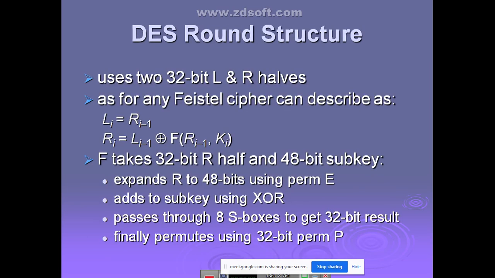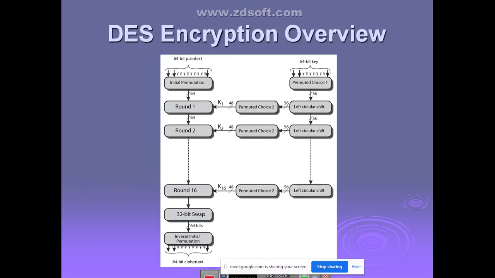Right, then on the right-hand side, whatever the key is, they have written 64 bits, but why is it going to take 56 instead of 64? Even though they have written it as a 64-bit key, it is going to take 56 bits of the key. How does it do that? Every 8th bit will be ignored. You number the key bits again from 1 to 64. Every 8th bit will be ignored.